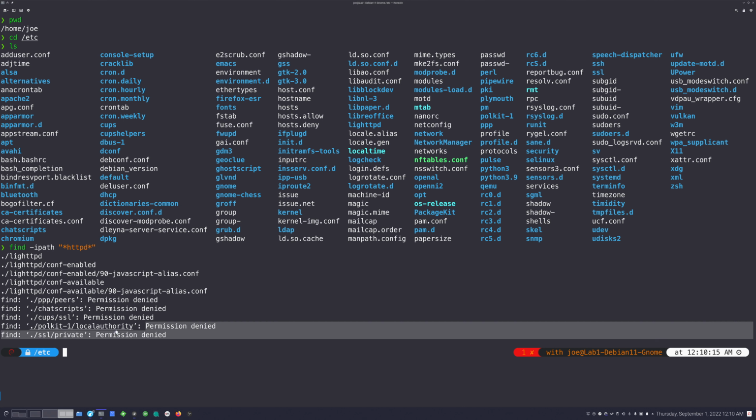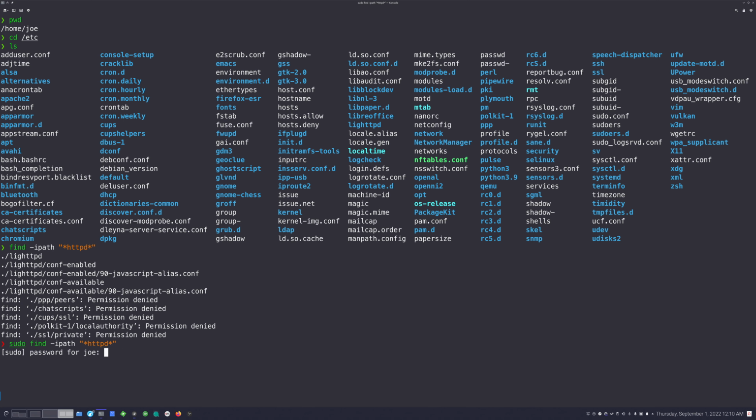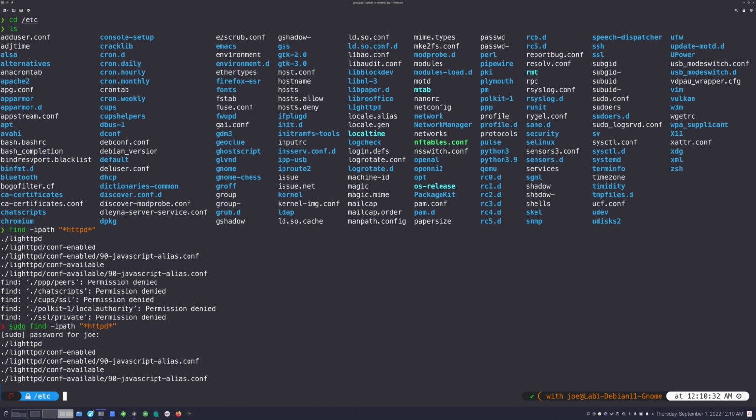And you can ignore these errors down here. They're just directories that my user does not have the permissions to look inside of. I could actually fix that by adding sudo at the front, and then simply doing that. And now it can look everywhere. Anyway, so at this point we have lighttpd, and you can see we can look in that directory. Now, of course, that doesn't really make a lot of sense. That was just for demonstration purposes, because yes, I could totally do something like this. So find lighttpd, or actually light.